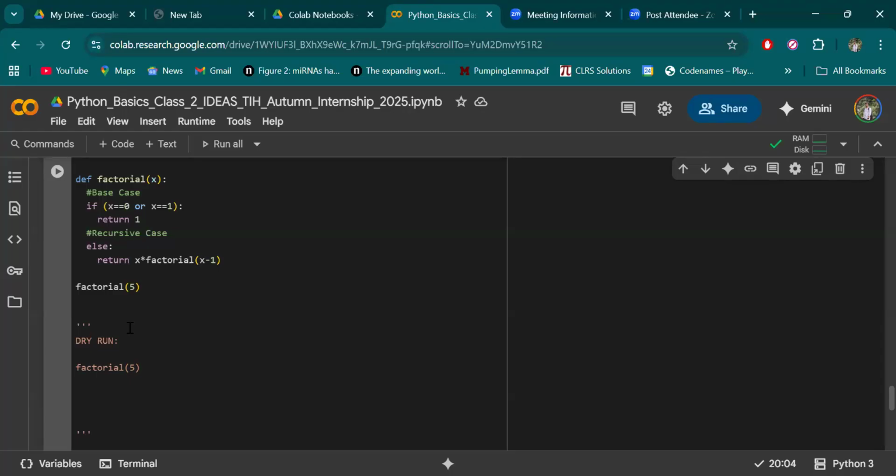Okay, let me maintain an indentation as well. Since x is not equal to 0 or 1,